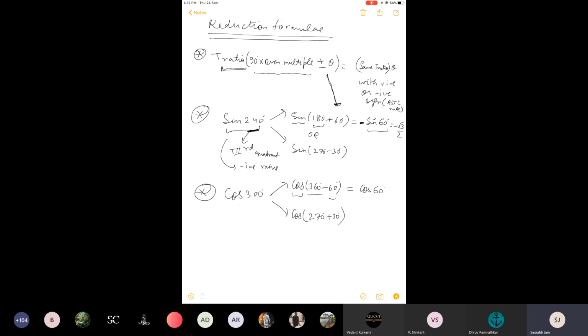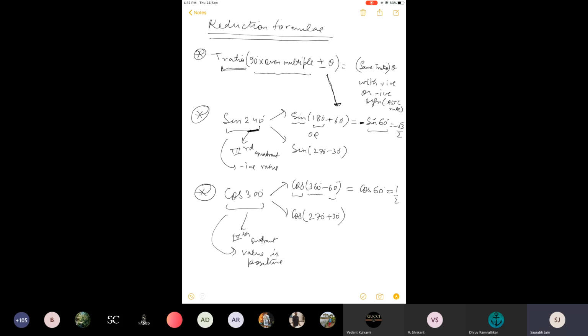And now I will have to see whether I will give the answer as plus cos 60 degree or minus cos 60 degree. So for that I will come back to the question. Angle is in fourth quadrant. Fourth quadrant cos is positive. Fourth quadrant value is positive. That means no need to give any other sign. It is simply cos 60. Because value is positive and cos 60 is positive. We already know this. So now the value of cos 300 degree will be 1 by 2. In this way we proceed.